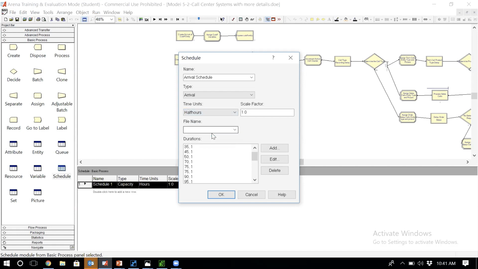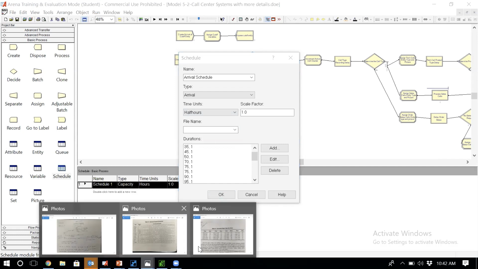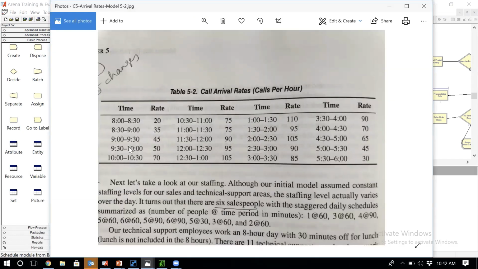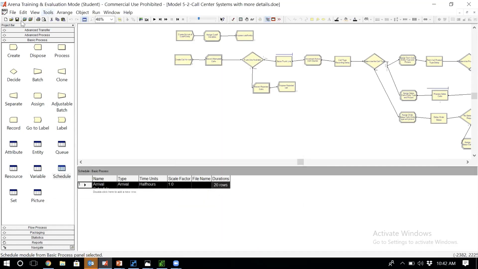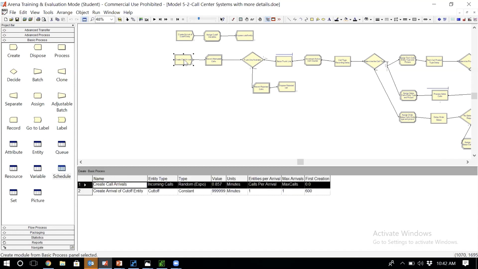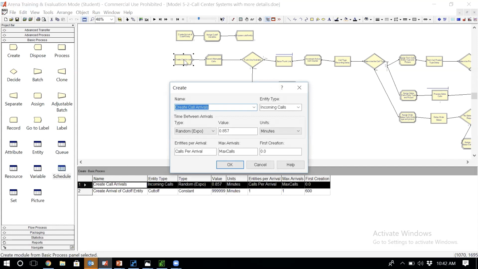So here we leave it in half an hour because everything in our arrival table is based on half an hour. So it's actually helpful for us. Okay, press OK. Make sure to save. So now what we want to do is go to the arrival, to the create module. And here for the create module, if you remember, we said previously the inter-arrival time was